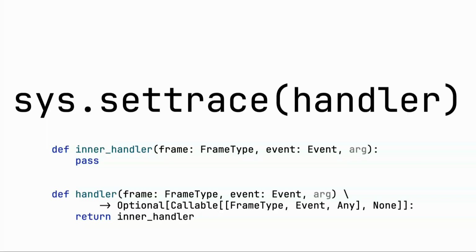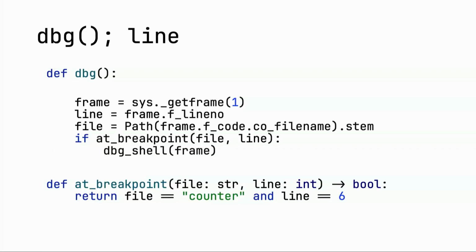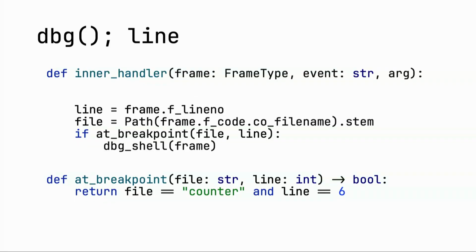We can have an inner handler called for every line. And now consider back to our DBG example. So when we have an inner handler that's called at every line, we have essentially a way to automate our DBG placing and front stuff, which is really, really decent. So what we can do, we change the method name sneakily to inner handler, and we just check the event. If the event is not line, we just ignore it. And that's pretty decent. That's a simple debugger. And we just set a set trace handler, and that's pretty nice.